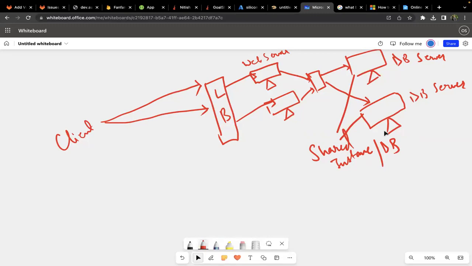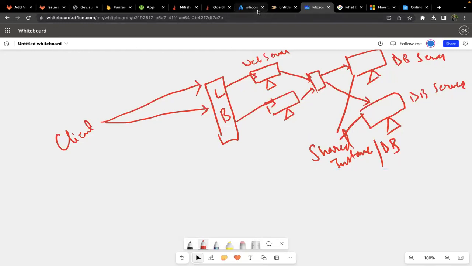So where we can share particular details over a particular database server or rather a web server itself, कि हम एक shared instance के through how we are going to serve to our clients. ठीक है. So this was the use case that now we are going to discuss, and that too using